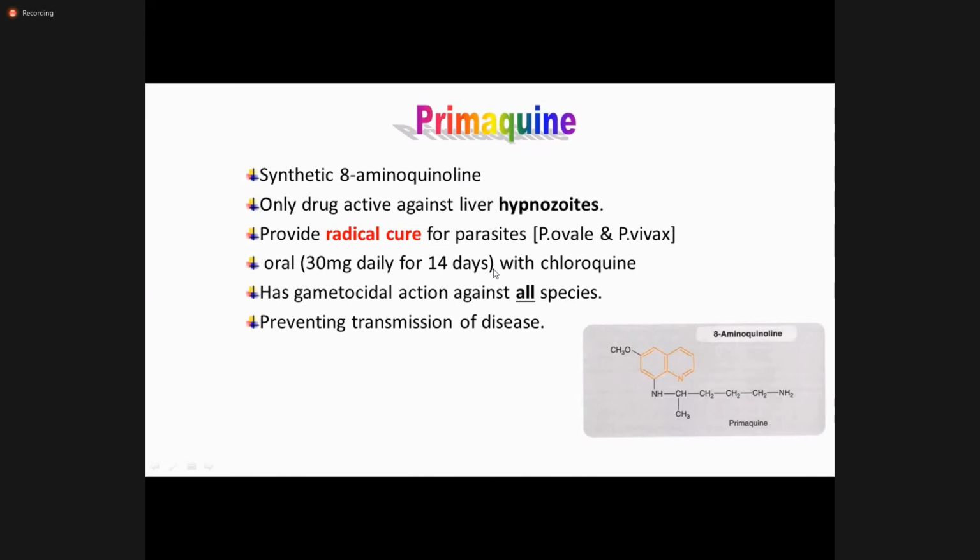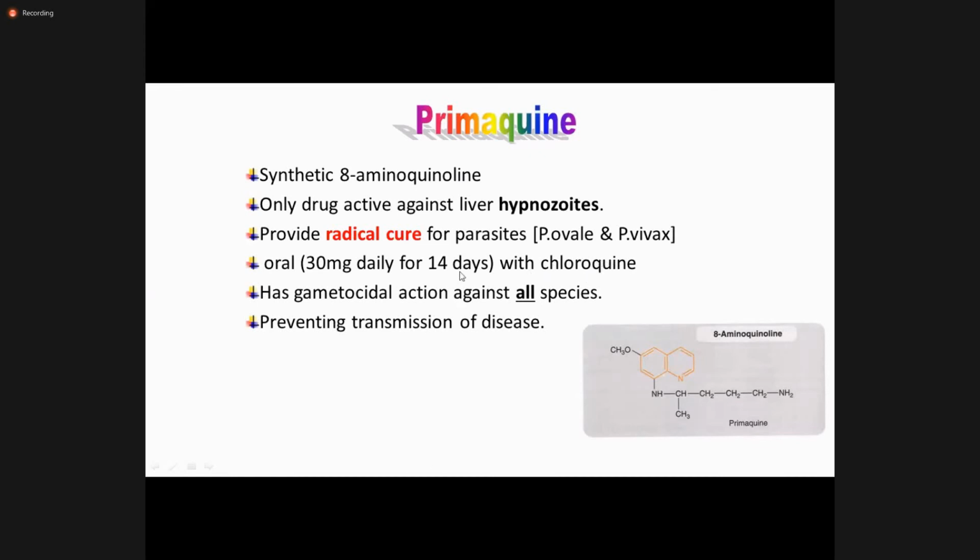Primaquine. Two forms of malaria, Plasmodium ovale and vivax, are well known for these hypnozoids. They remain in the body and cause recurrence. So Primaquine is the main drug that is given for radical cure so that the patient does not have recurrent malaria. Okay, the dose is 30 milligram daily for 14 days along with the chloroquine, or because the patient comes with the